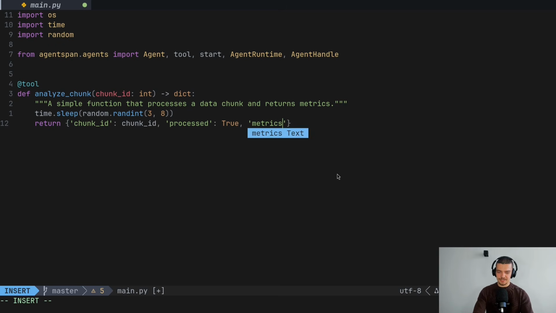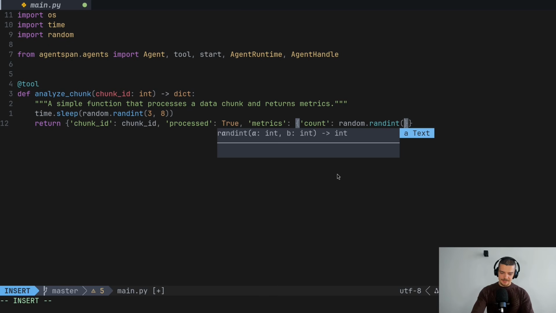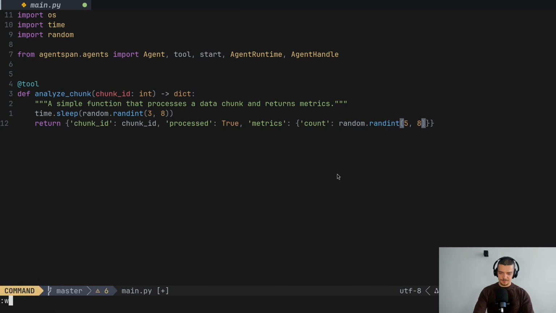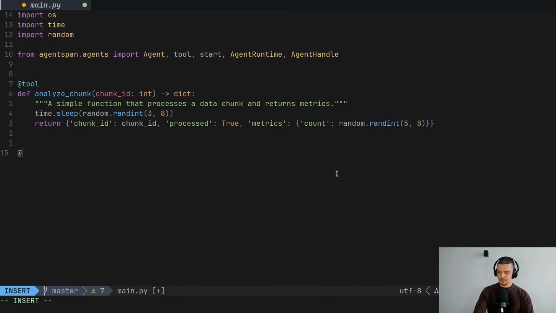And we're going to have metrics, and metrics is going to be another dictionary, which will contain metrics and numbers. So basically count, let's say, and then random randint anything between 5 and 8. I don't know, just make something up, whatever. So that's going to be a mock function that takes some time and returns some data. And the second tool will take multiple outputs of this function, of this tool call, and will aggregate them. So it's going to be tool, def aggregate